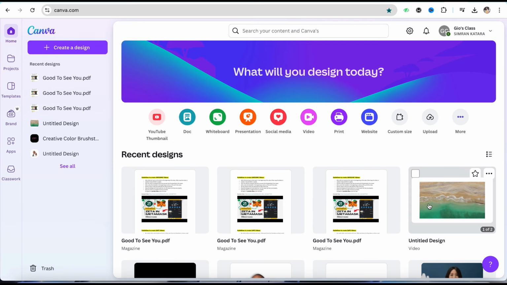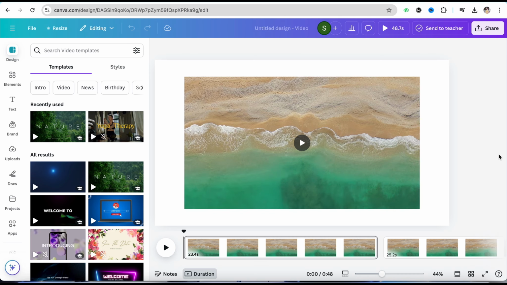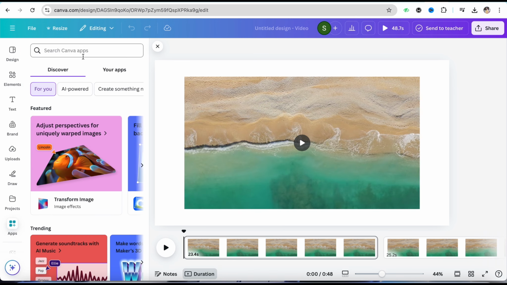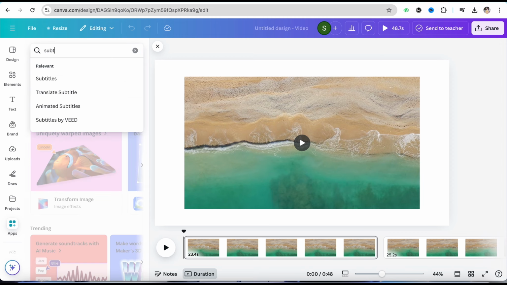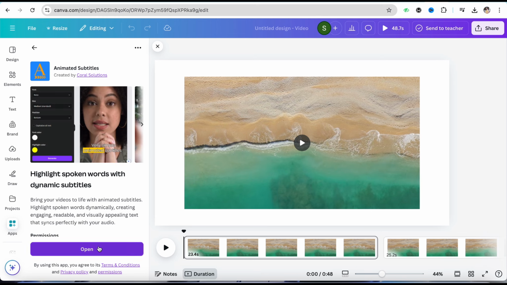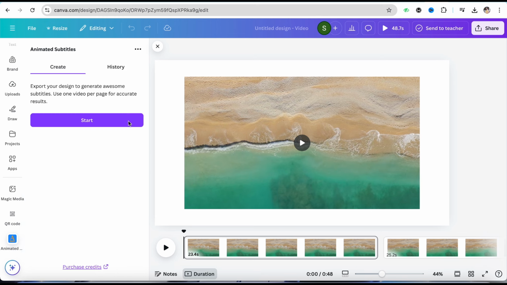Just simply open it. And after that, in order to add subtitles in this particular video, as you can see on my screen, all you have to do is just simply click on the app section from the left hand side menu screen, and over here on the search bar just simply search for subtitles and just click on this animated subtitles section, which is the third one, and click on open here,